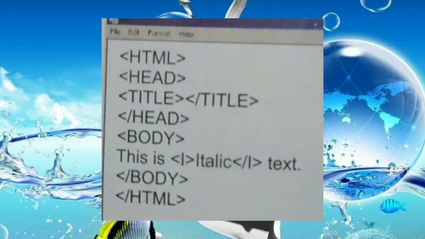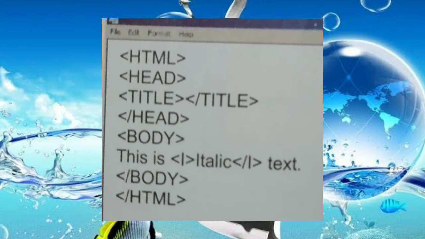The following window shows you the coding for italics. First, as usual, to open HTML tags. Second, to open head tags. Third, to open title and close tags. Fourth, close head tags.